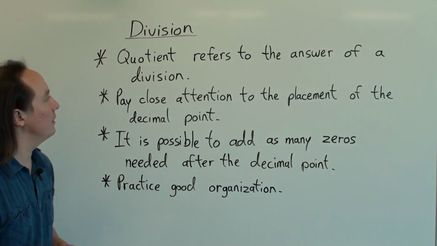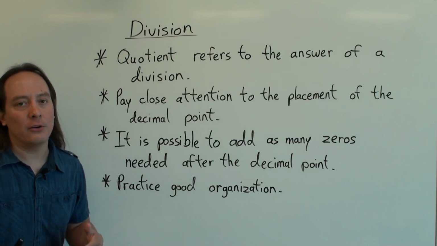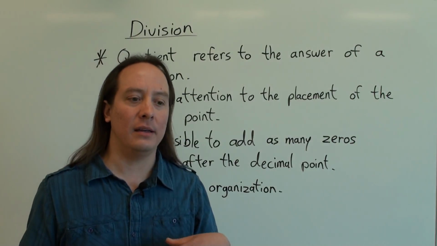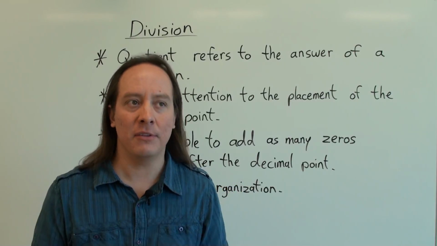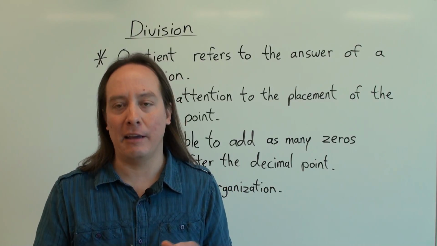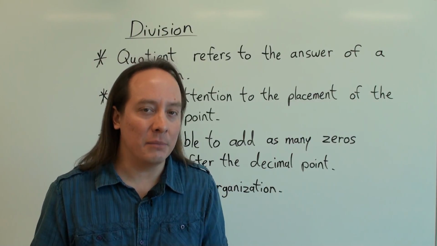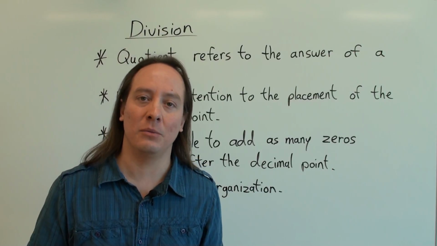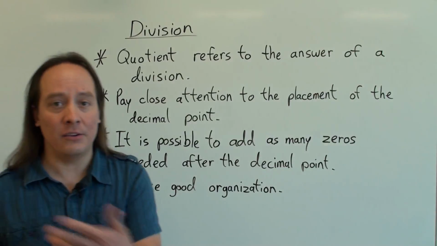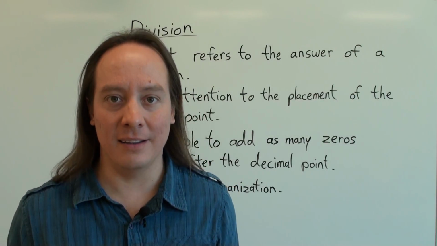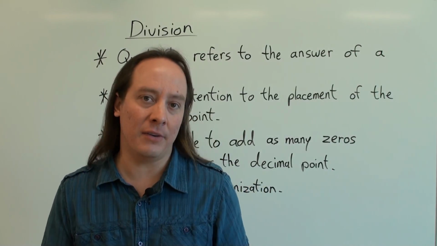So let's go ahead and get started. I have the first thing up here. I have the word quotient, which refers to the answer of a division problem. Sometimes we have word problems that express an operation using words, and sometimes we don't always know what those words mean, and we kind of get lost in that word problem. So quotient, they're telling you to divide. All right, so if they say the quotient of 6 and 3, they're asking you to divide 6 divided